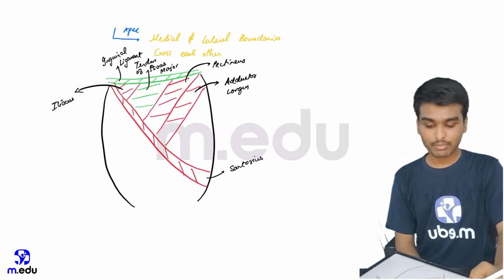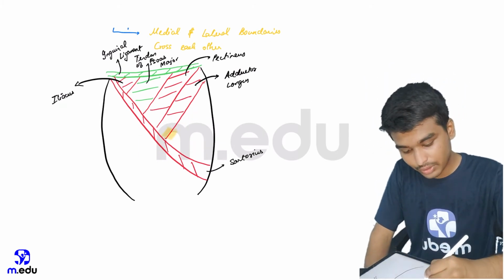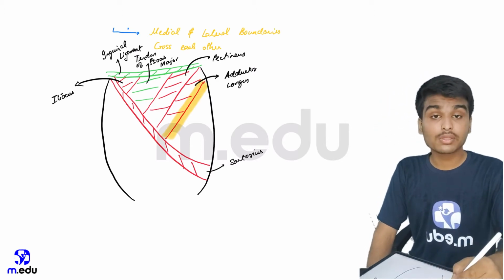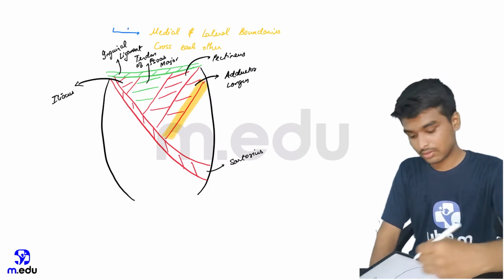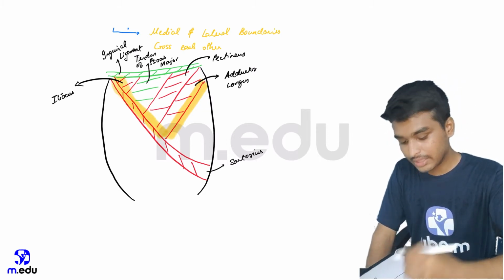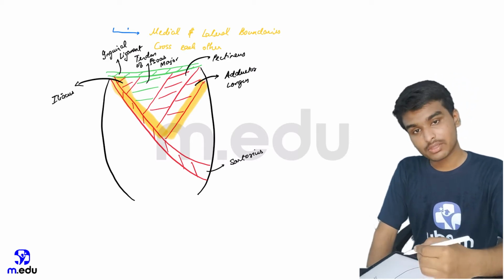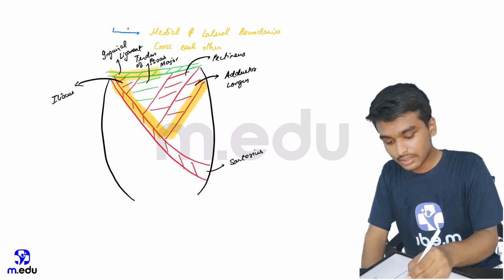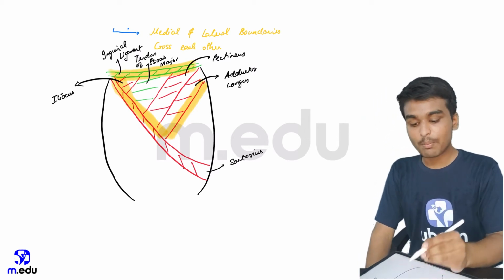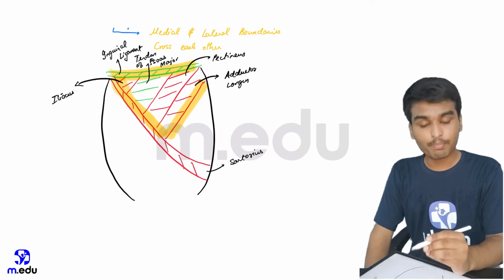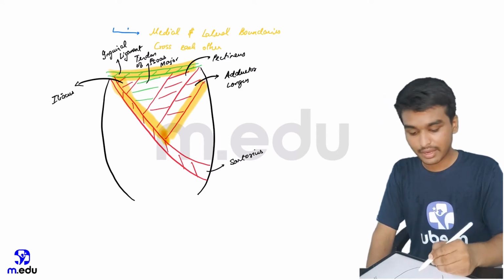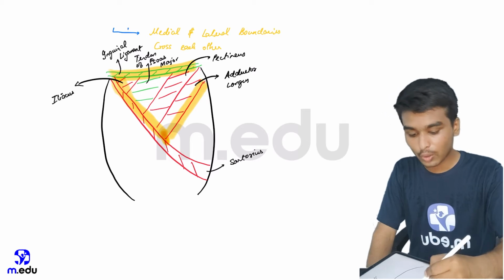So now the boundaries can be understood as, this highlighted portion here is the medial border of adductor longus, which forms the medial boundary of the femoral triangle. This highlighted portion is the medial border of sartorius muscle, that forms the lateral boundary of femoral triangle. This green structure here forms the base, that is the inguinal ligament forms the base of the femoral triangle. And this here is the apex. This dark yellow portion here is the apex where the medial and lateral boundaries are crossing each other.